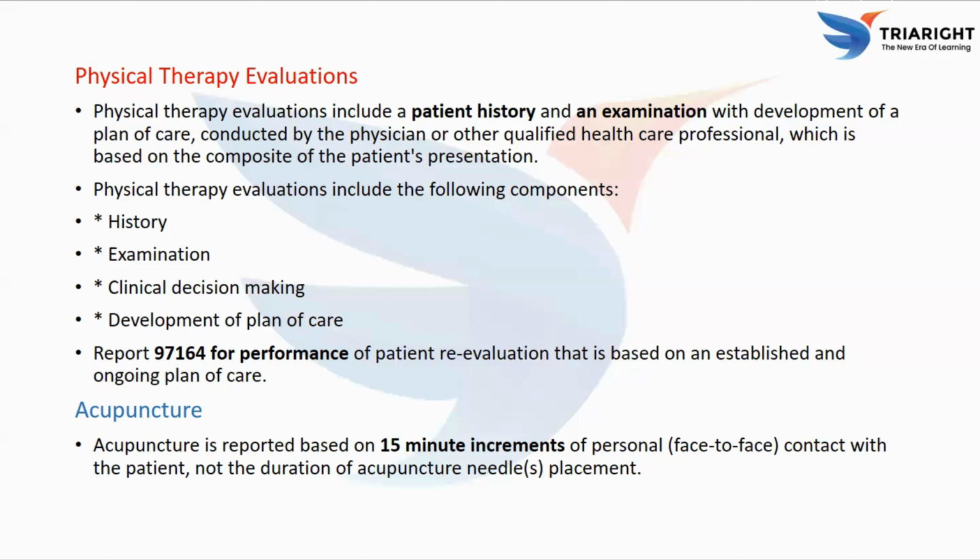So what is physical therapy re-evaluation code? So CPT code 97164 is assigned for physical therapy re-evaluation. So when to report this code? When a patient already has an established plan of care, where a significant change occurs, such as new injury, change in the condition, failure to progress, and new clinical findings. So what is not included here? It is not a routine progress note, not reported at every visit. So re-evaluation is nothing but a change in status, but not just the time passing.